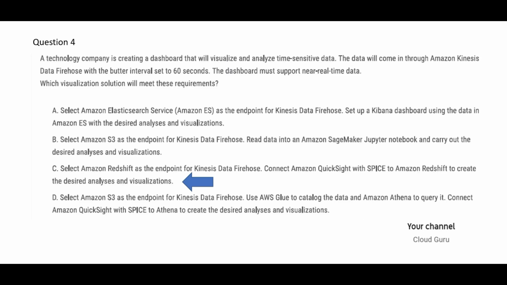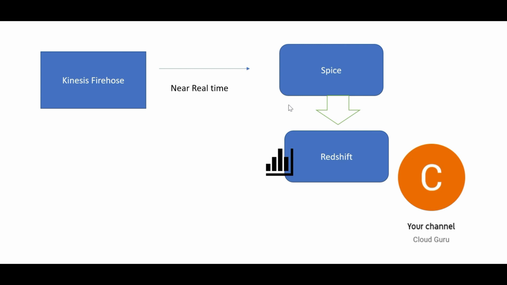Now option C. If you see option 3, it is telling you to plug SPICE there. SPICE is a parallel compute system. You can do a lot of aggregations and so on there, and then you move it to Redshift, and then you can plug any reporting tool to Redshift and do your analytics. This is again not real time. SPICE we never use for real time or near real time. SPICE is not meant for that. SPICE is meant for where you have volumes of data and need to perform some parallel compute on a massive amount of data, maybe aggregations, etc. So this is again not satisfying the near real-time goal.